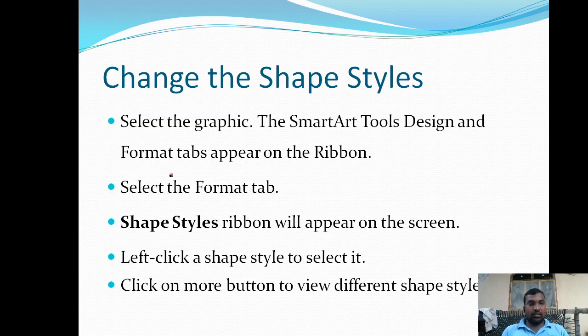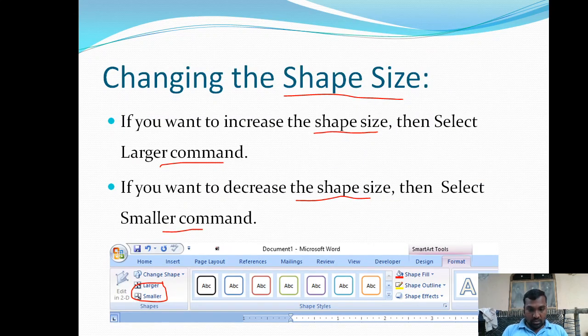Next is changing the shape styles. If you want to change the shape style, that can be performed with the help of the shape styles ribbon. So you can view here the shape styles group.